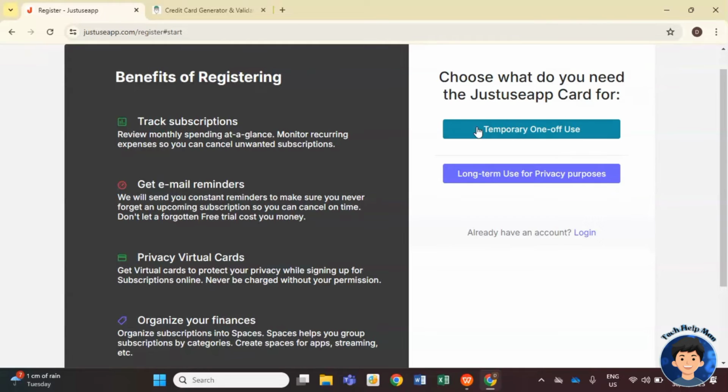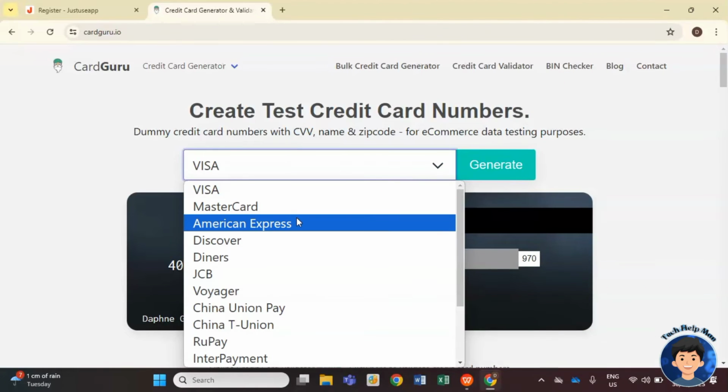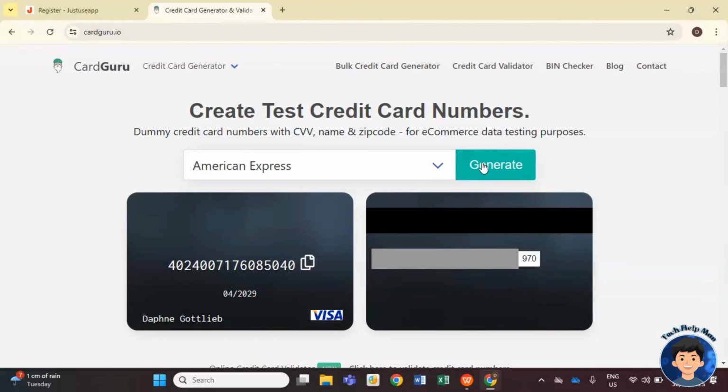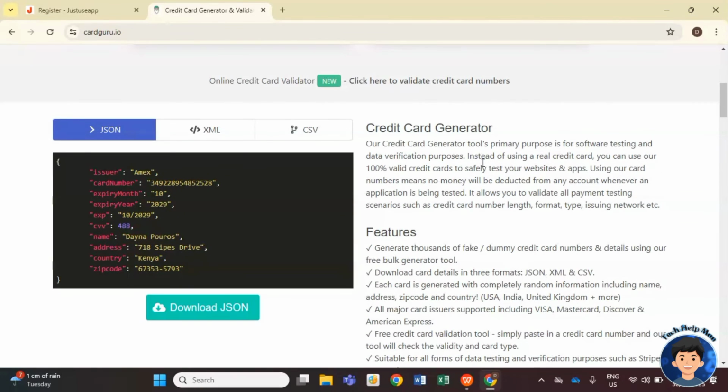You'll then choose between a one-time temporary card or a long-term use card, depending on your needs. You can even create test card numbers from options like American Express or others. If you want to make sure it's valid, there's an online validator available. Scroll down the page for more information about how it works, features, and how the generated cards are used